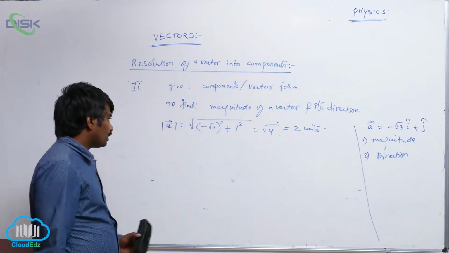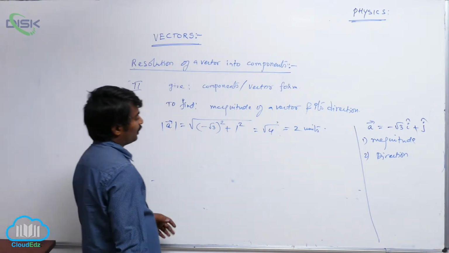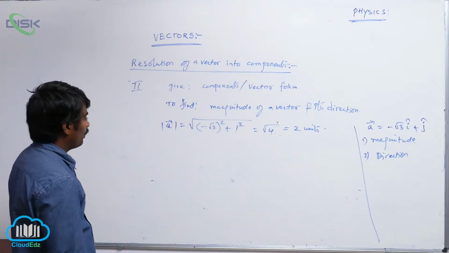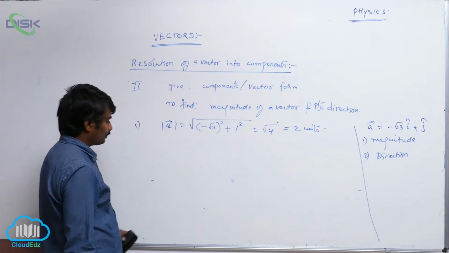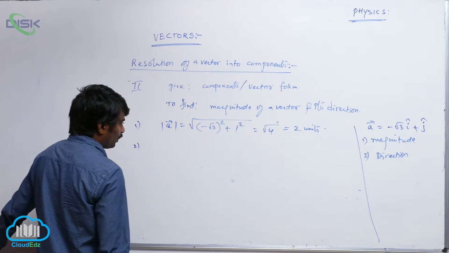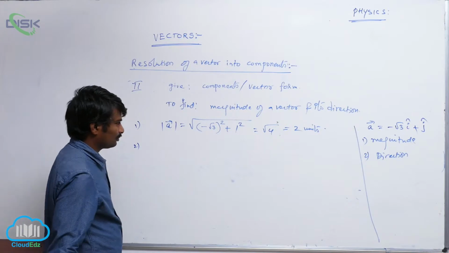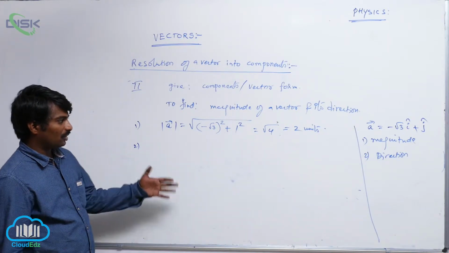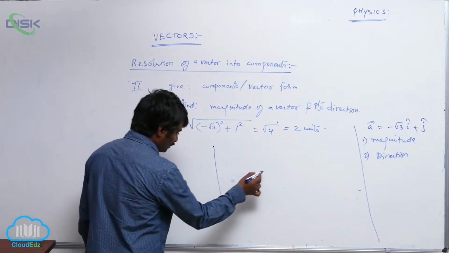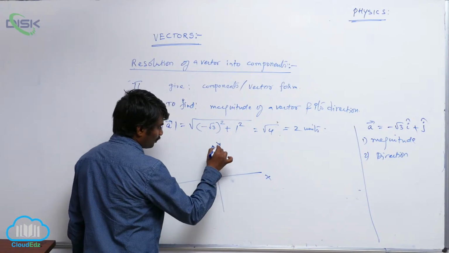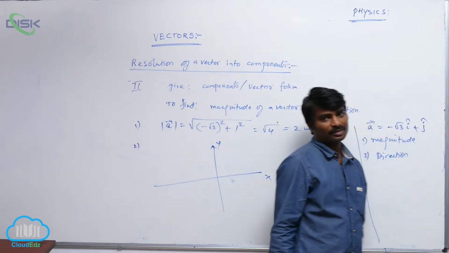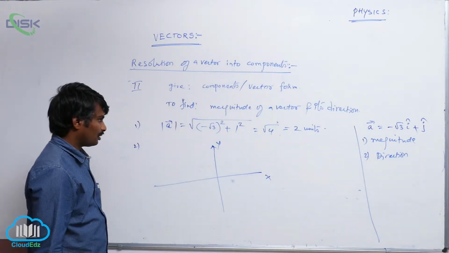Magnitude of a vector will never be negative, keep in mind. Even though you are having components negative, by calculating magnitude you will be getting positive only. And magnitude is over, first question is over. And what is the second question? Second question, we have to go for direction. So the teachers follow different methods, and I am following my own method. See, this is x axis, y axis, and x component you are having negative, y component is positive. That's why this vector you can take in second quadrant,